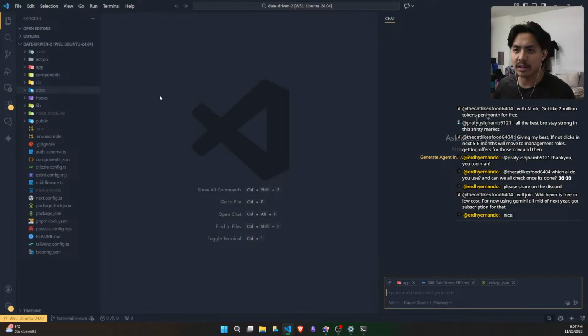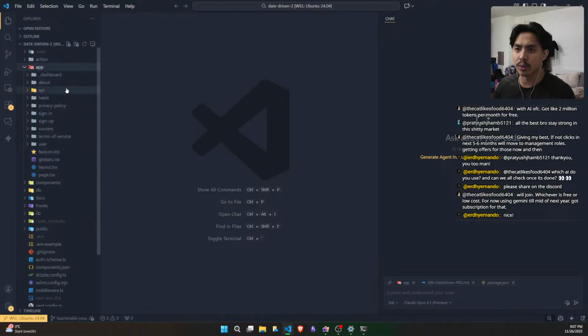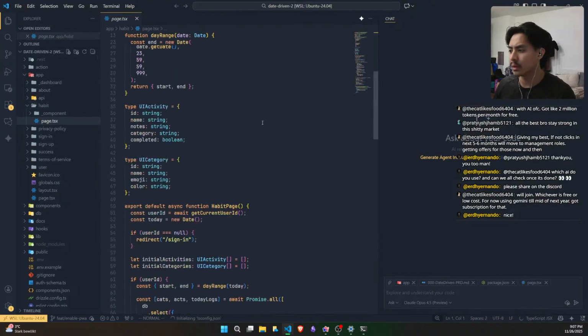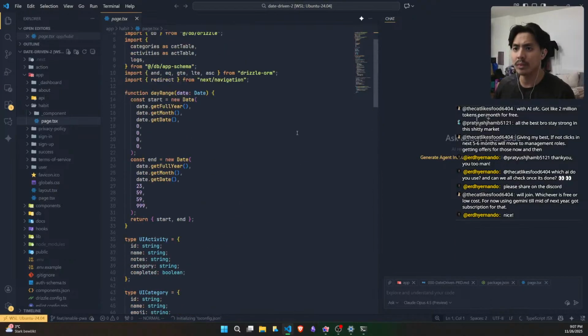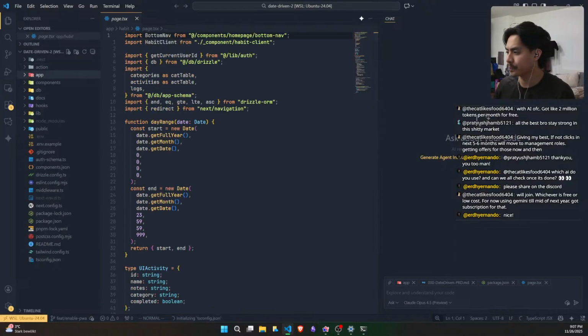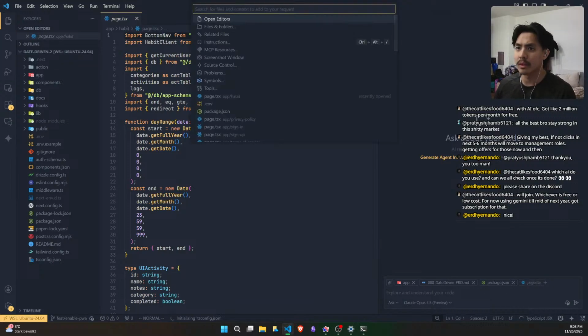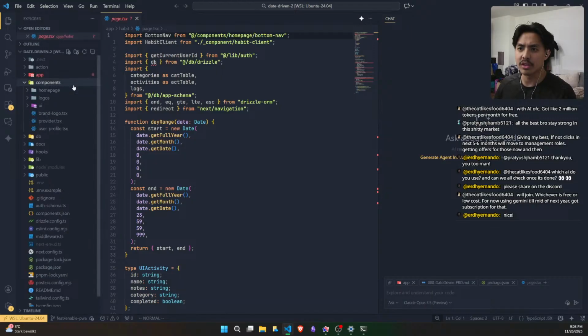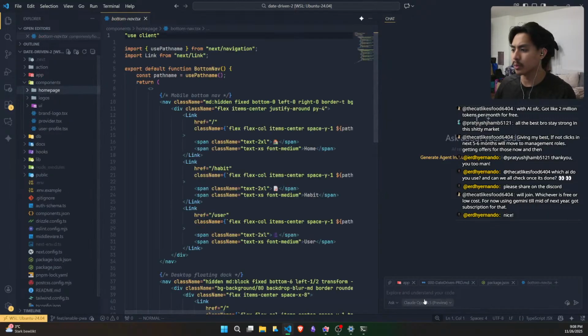I just want to tell it to go through every single part of the app, to be honest. Do we have some navigation component? Homepage component. Nice. Homepage, nice.